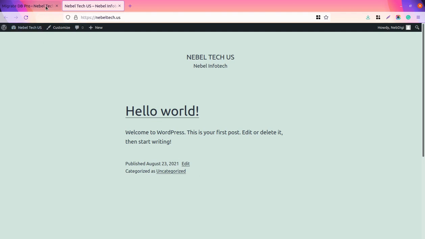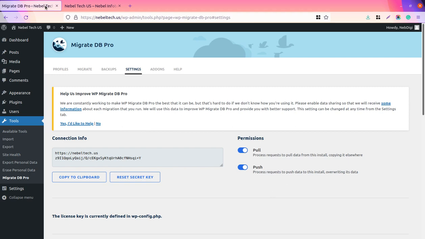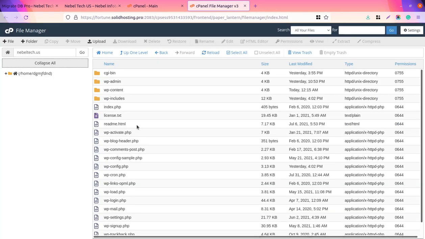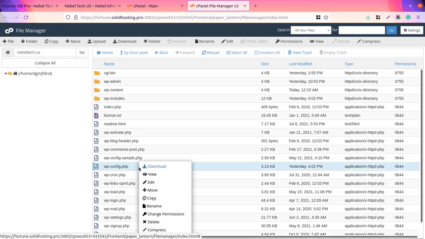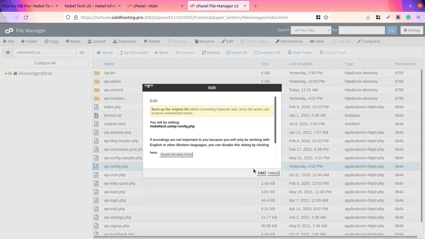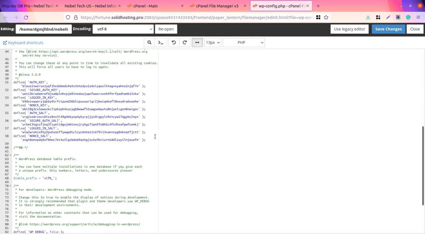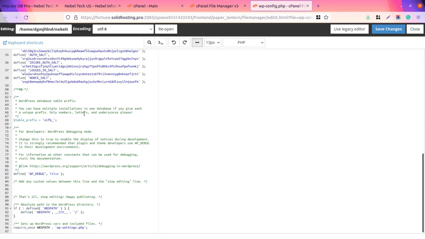So what we will do, we need to change the WP config first to understand. Now I will change the WP config table prefix, and please don't use these credentials. This is especially for this website only, and it is a demo website, so it will not work afterwards.